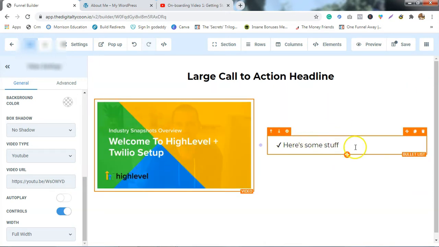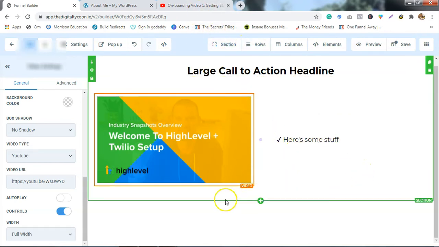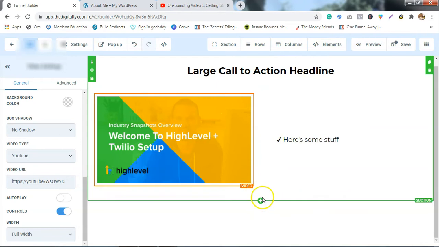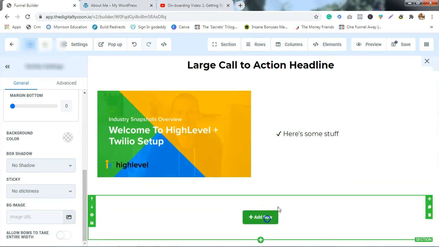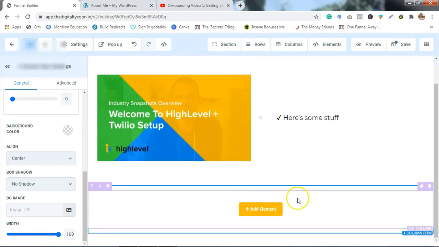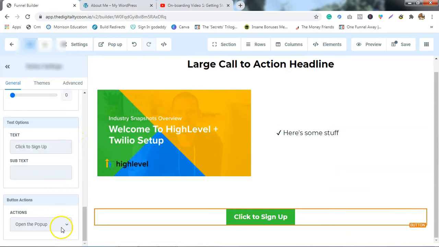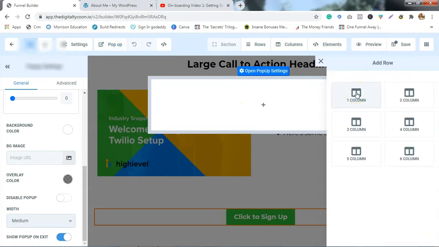We can add some information about the software in here, and like I said, all this stuff depends on what you want. With this we can do a very simple capture page. Obviously the next step is you're going to want to put in a button, because people have got to be able to click on something. So you put a button in here, and then you can put in an action. Usually this is set up to open a pop-up. So we want to capture their information. If they're interested in this product, we want to be able to capture their information and send them on to the offer. So we can put a single column in there,